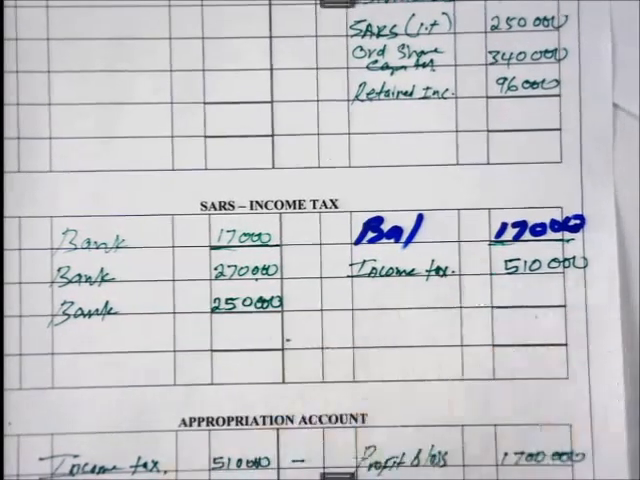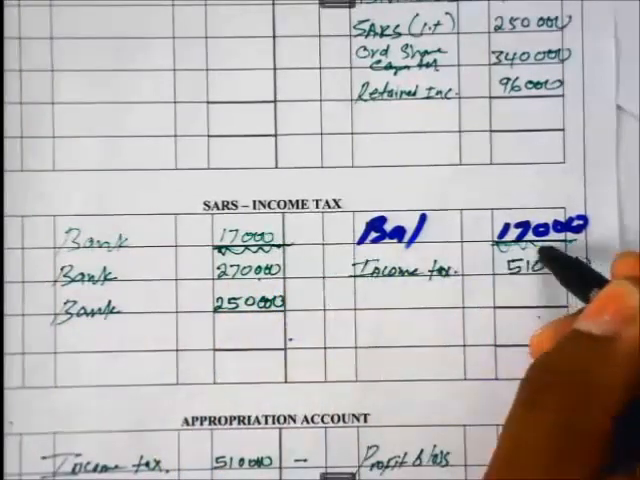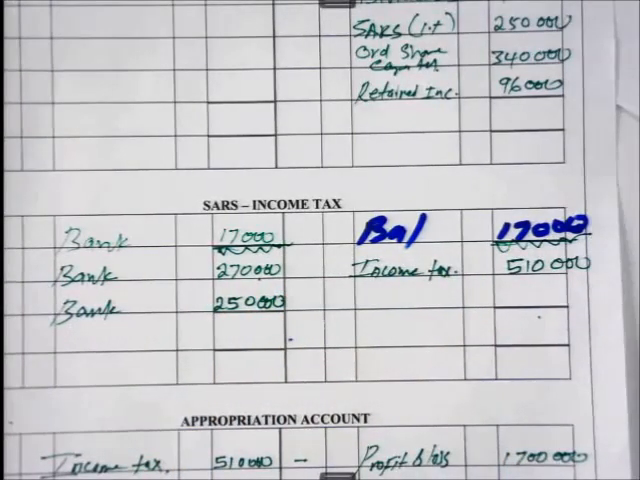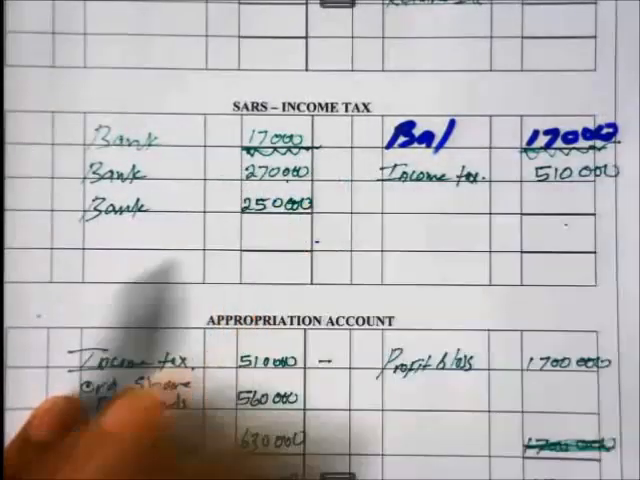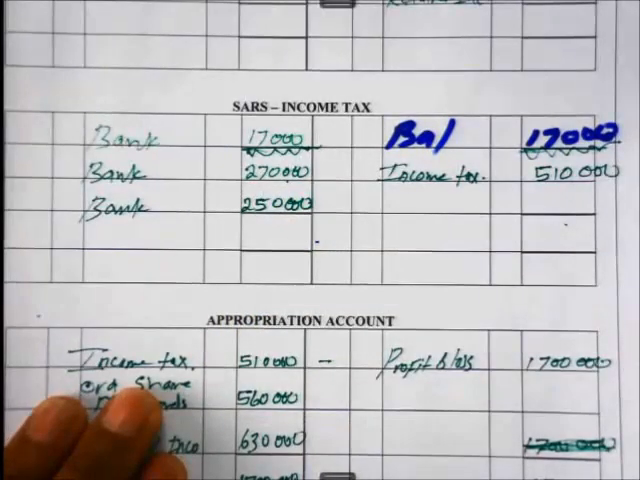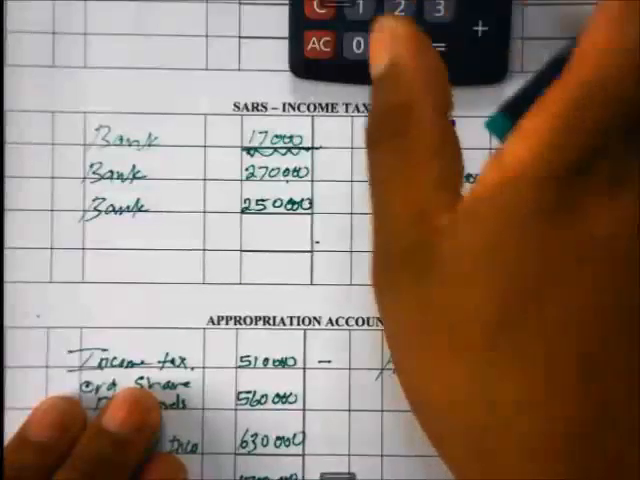Then the SARS income tax. Remember, here that amount cancels that amount. Therefore, for the SARS income tax, these are two amounts that we paid during the year. How much did we pay during the year? The total that we paid during the year would be